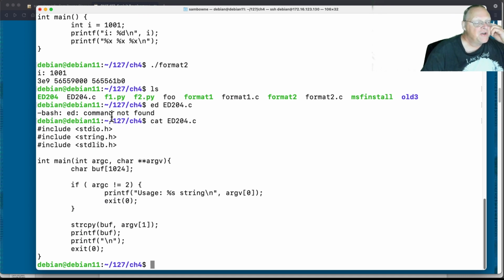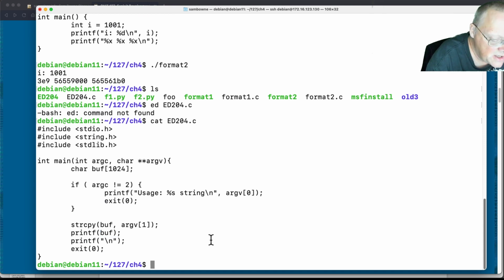All right. So what this one does is it takes the first argument from the user, copies it into a buffer, and then prints it. So it takes whatever you give it and prints it alone here. If you were to give it a string, it would print the string, but if you give it a format string, it will print it interpreting it as a format string.